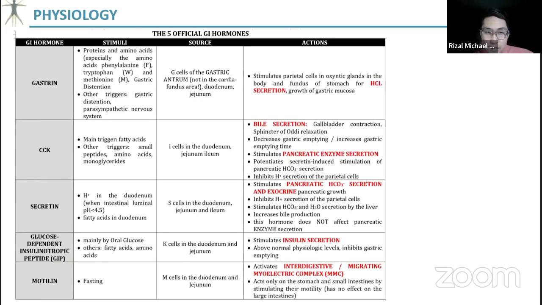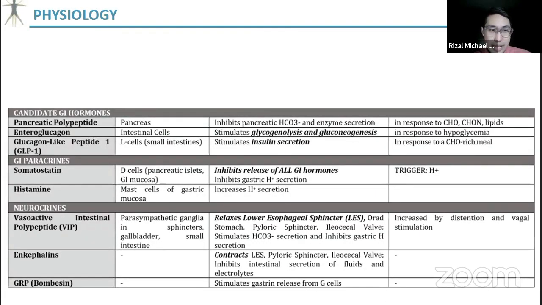Okay, so CCK, very favorite nila yan because it enhances bile secretion, plus it increases both endocrine and exocrine function ng pancreas, compared to secretin that only participates in the exocrine function via secreting your bicarbonate. And these are the other hormones, okay? So correlate your VIP in patho and IM, yung vipoma, right?